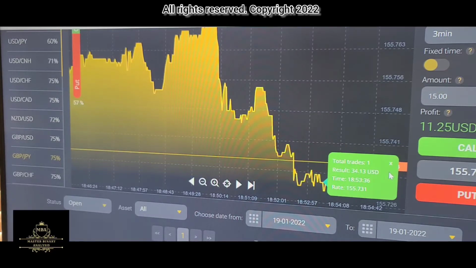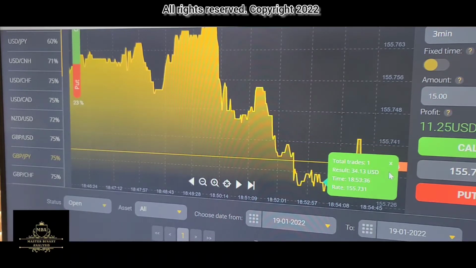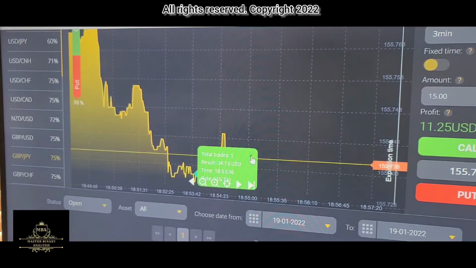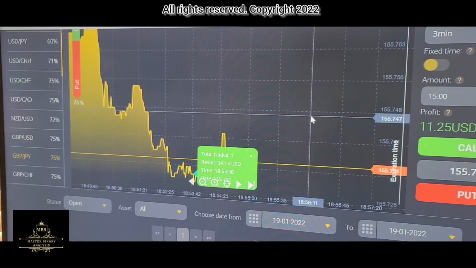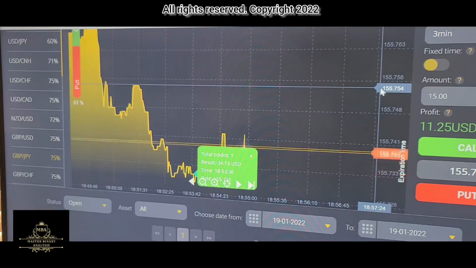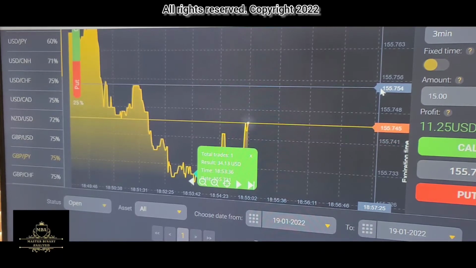So not only did we win this trade, we were so profitable that we made up those last 3 trades that we had lost. So at the end of the day, we made more money. So $34, and that was a 3-minute fixed time off. You're averaging about a 2.5-minute trade. I roll it over, and depending on what's left on that counter, it could actually give you 2 minutes to another 3 minutes. So within 5 minutes, we made,